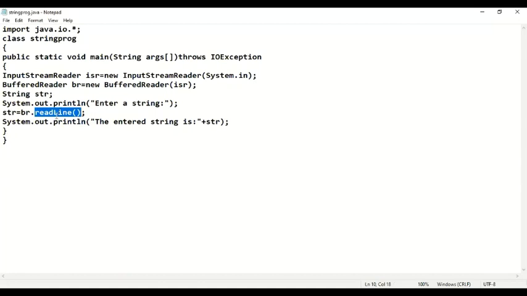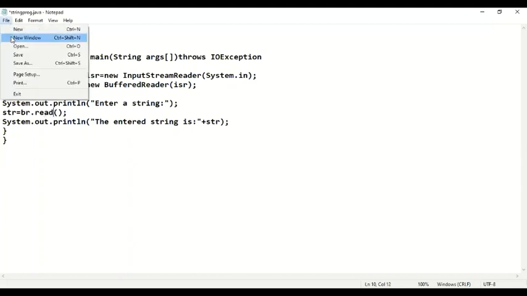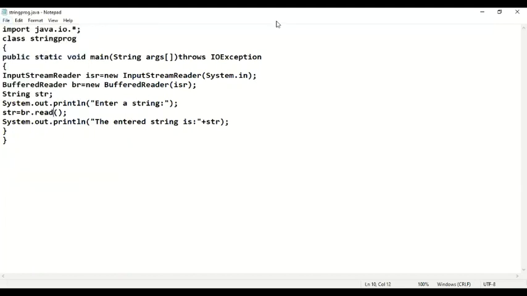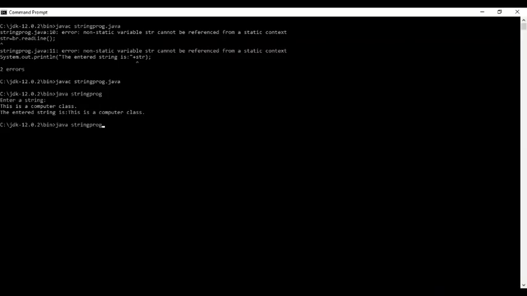Yes, ma'am. If instead of readLine I use br.read, then what will happen? I am changing this program. Instead of using readLine, I am using read function. Save, and again I am going to command prompt and I am compiling it again. Error.